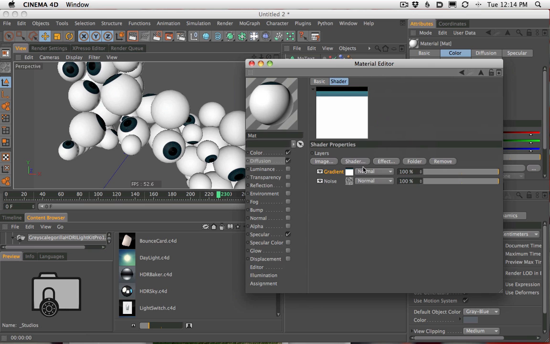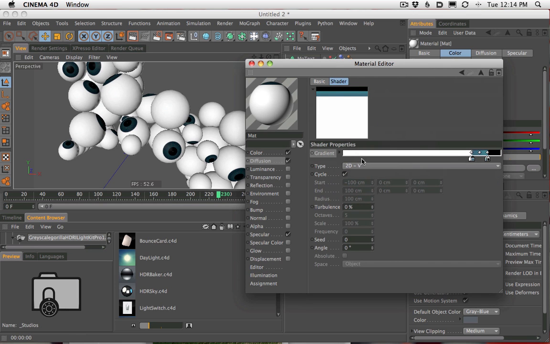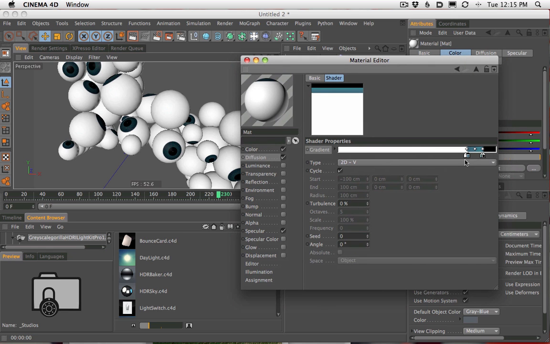And what we're going to do is make this, instead of white and blue and black, we're going to make it only white and black. And what it's going to say is where it's white, do not apply the noise. Where it's black, do apply the noise. So you can see on our eyeball, we don't want noise on the white. We do want noise on the blue and none in the middle.